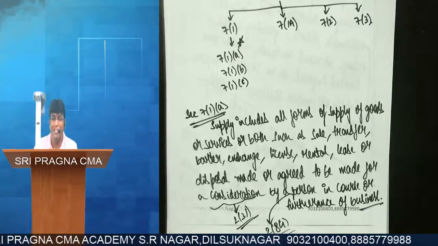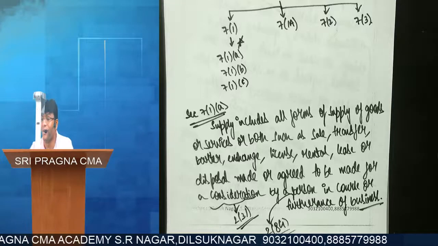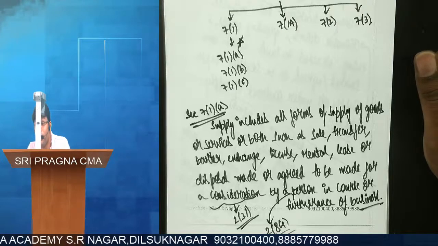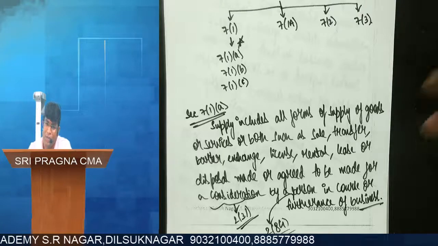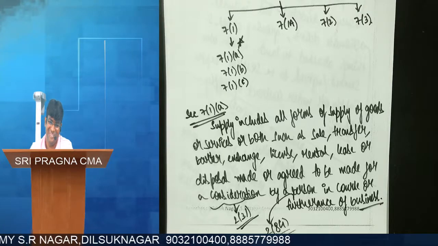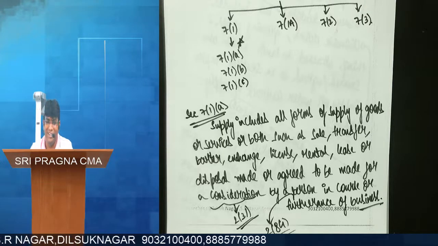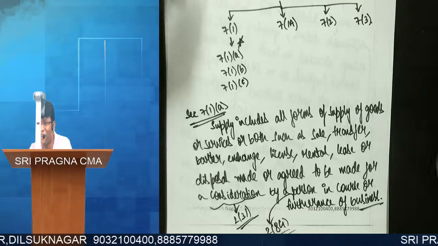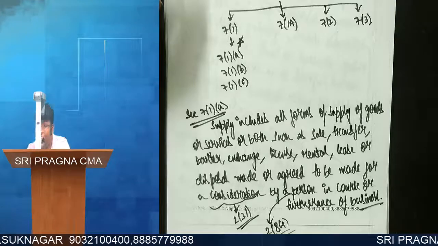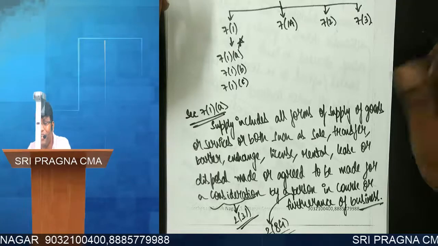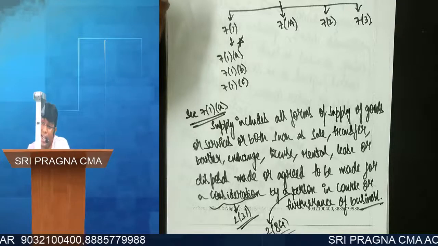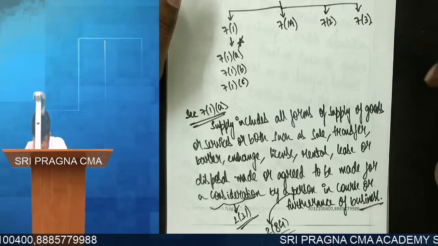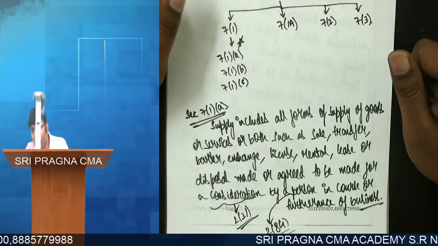Because it is as good as I have taken advertising service from them. Do you all understand? So if they put my name out of love and affection, telling, wow, Shivateja, so sweet person, for example, and they put my name, 10,000 Shivateja donated, is it supply? No. But if I tell them what to do and do advertisement which gets me indirect benefit, is it supply? Exactly. Are we clear so far?